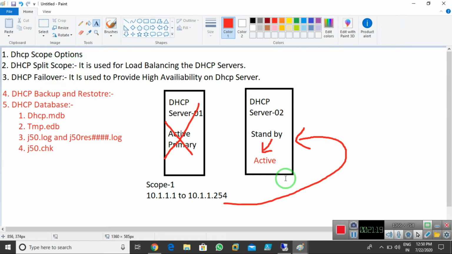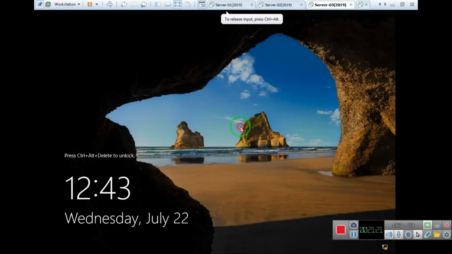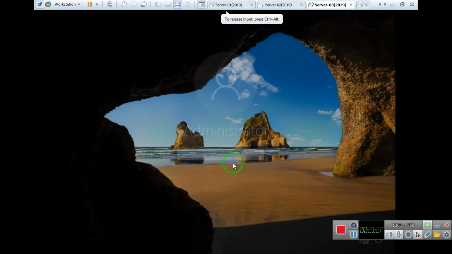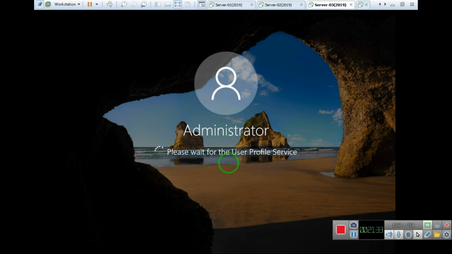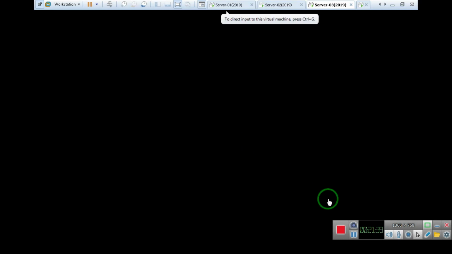So let's make this server. First I need to log in to the server, configure the IP address, and make this server a member server. Just wait for that. I do these things, and after that we'll start the practical.